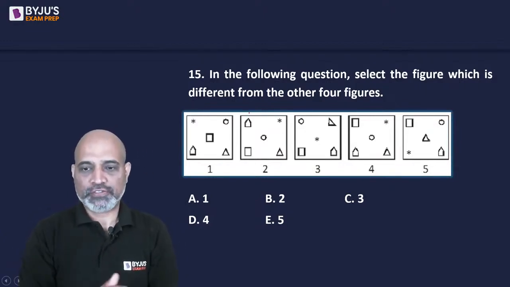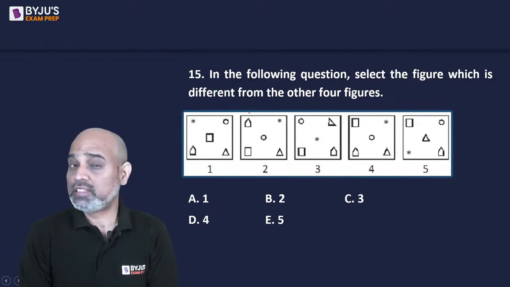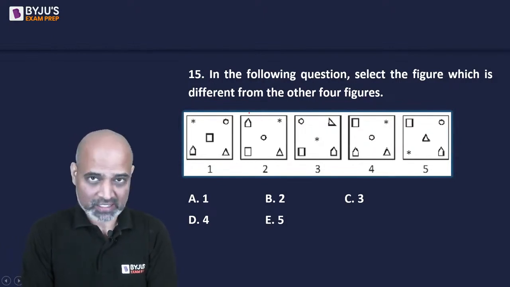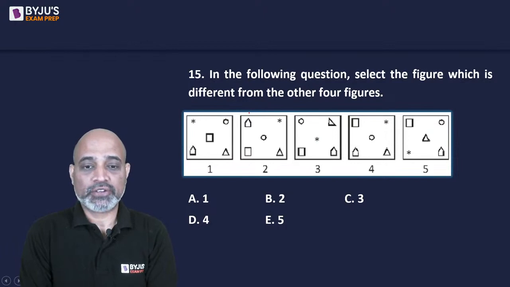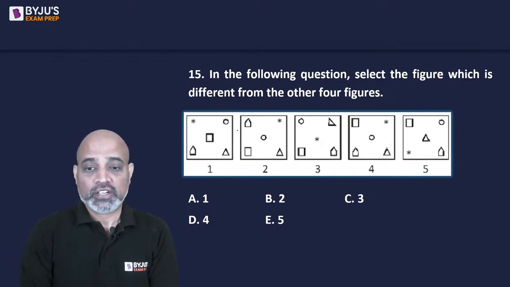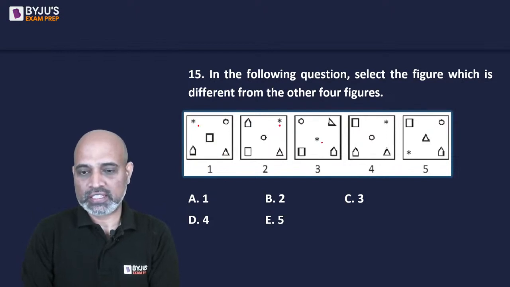So if you look at all the figures, they are made up of an asterisk, a circle, a square or a rectangle. Then you have got a 5-sided figure, which is a pentagon, not a regular one though. And then you have a triangle. You will find that the asterisks are obviously the same,